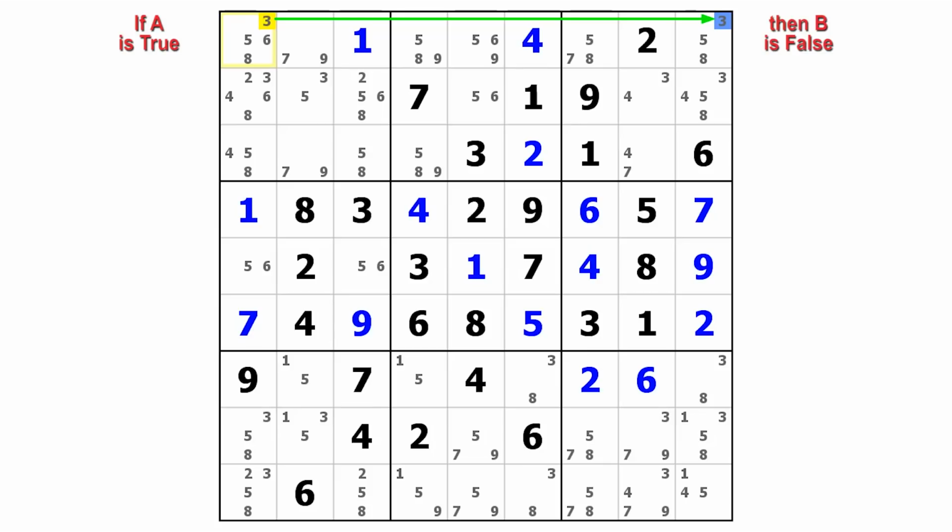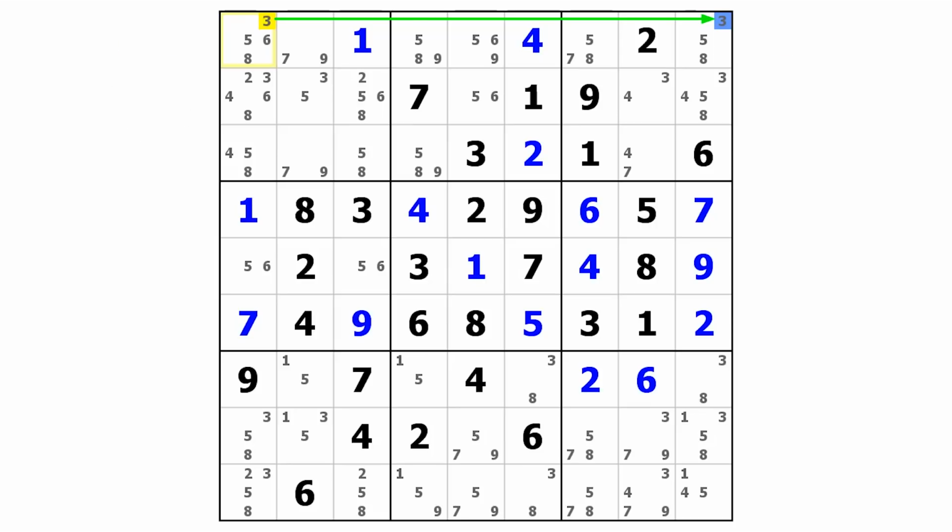Because if either one of them is true, the other has to be false. And this is the formal definition of a weak link. So you see, the definition of a weak link applies to a strong link. A strong link has the properties of a weak link and can therefore be used as a strong link or a weak link. So a chain could be constructed entirely of strong links, and it would still function as an